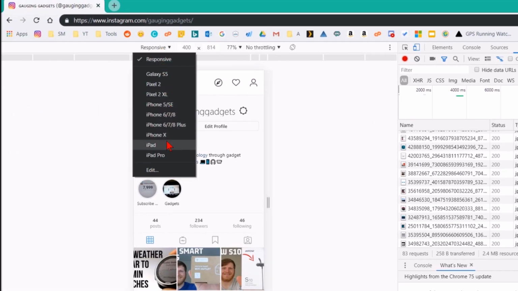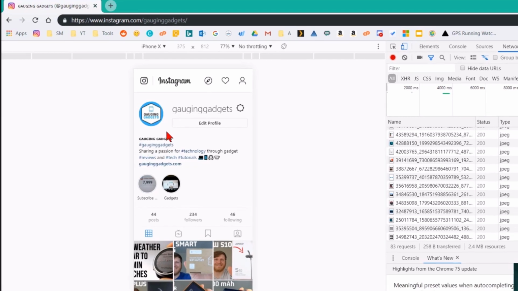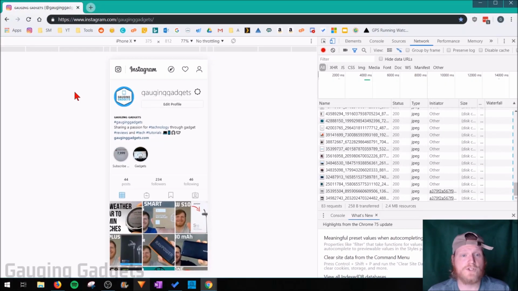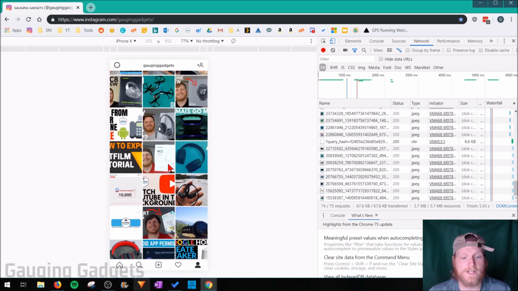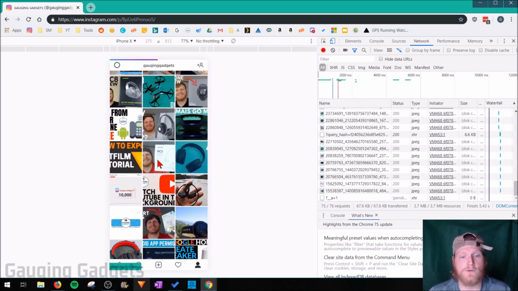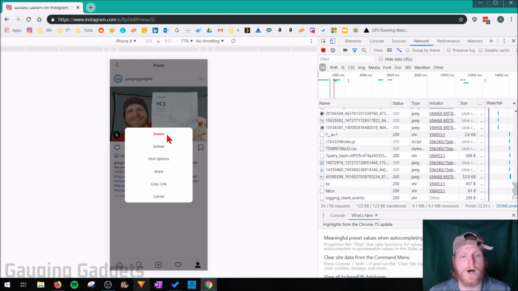What you want to do is select any of the phones that you want to. I'm going to select the iPhone X. So what Chrome is doing right here is it's telling Instagram, hey, I'm on an iPhone X or whatever phone you select. Once you've selected a phone, go ahead and refresh the browser. Once you've refreshed, all you need to do is simply select one of your posts. And then if I select the three dots again, I can see that there is a new option to delete